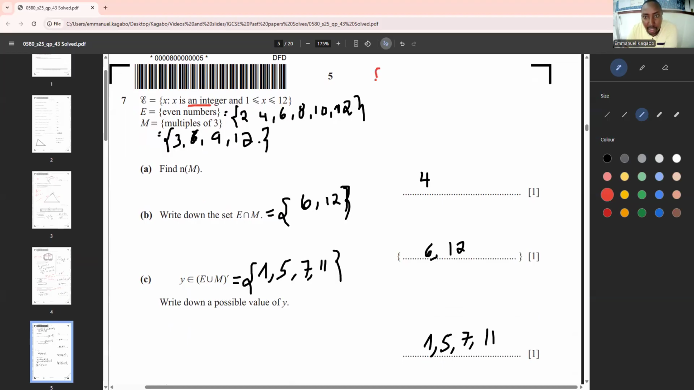So basically, they are talking about 1, 2, 3, 4, altogether 5,